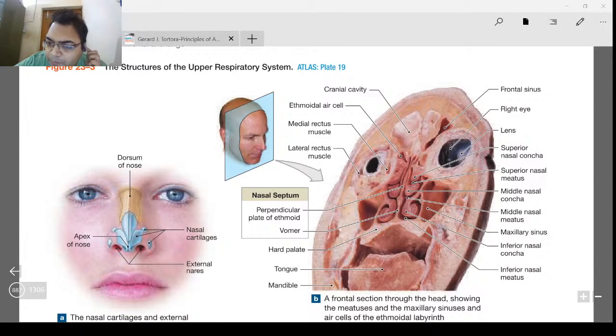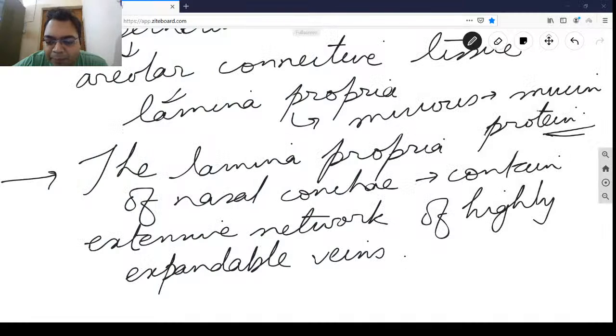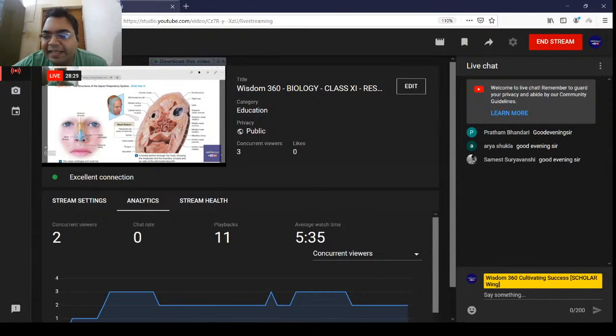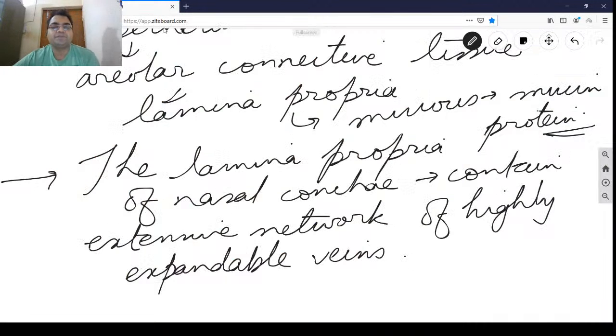Now, in the last class we talked about the intrapleural pressure. I will also tell you that concept, how we inhale air in the first place properly. In the last class I told you the physical concept, Boyle's law, behind the inhalation of air. So in this class I'll tell you